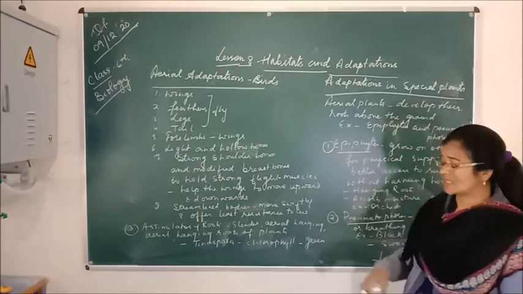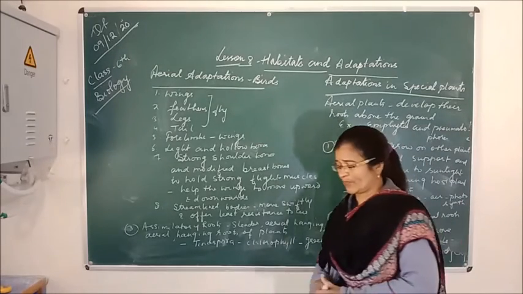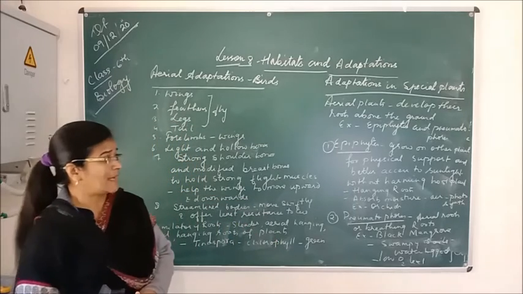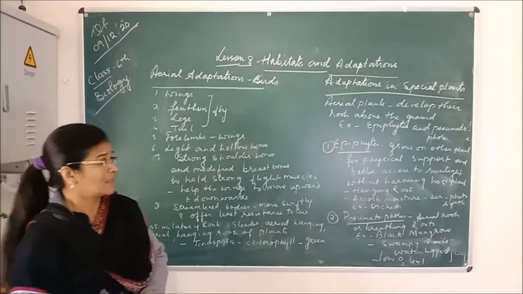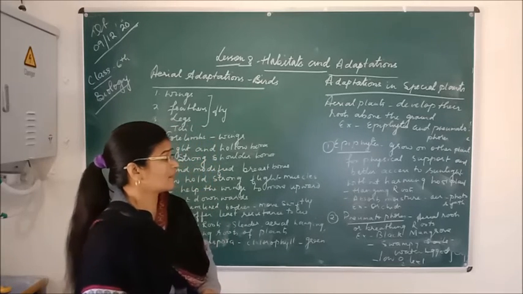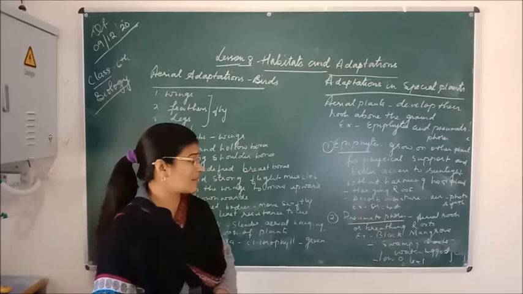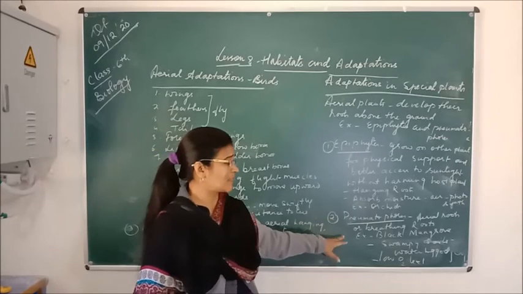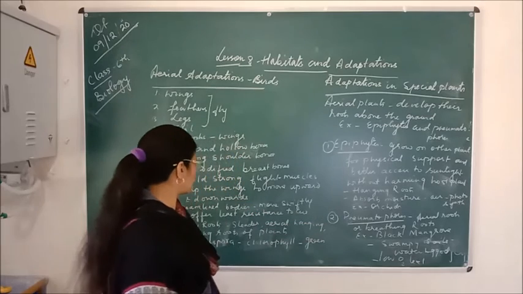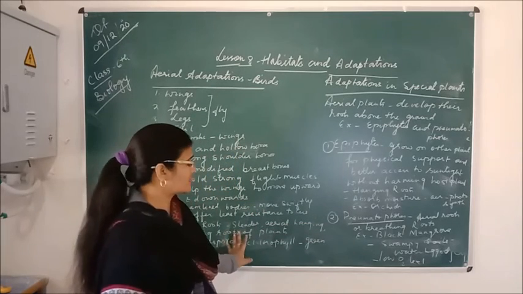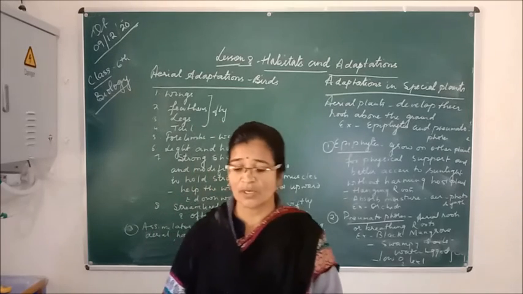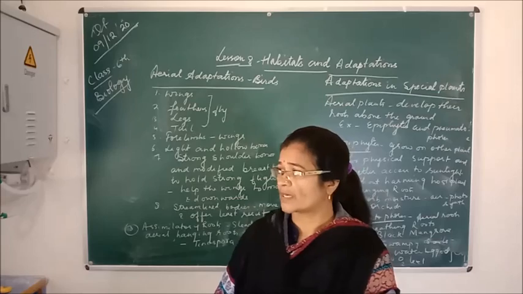So these are the special types of plants which show some special adaptations. Like in epiphytes, we have seen they grow on other plants for physical support and sunlight, and pneumatophores have breathing roots which help them to take oxygen. And the third one is the plants which have assimilatory roots. So this is all about the aerial adaptations in plants and